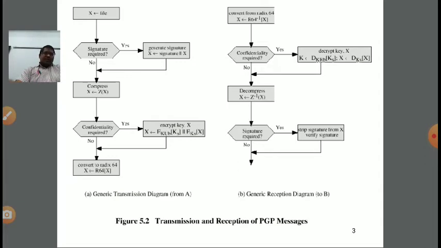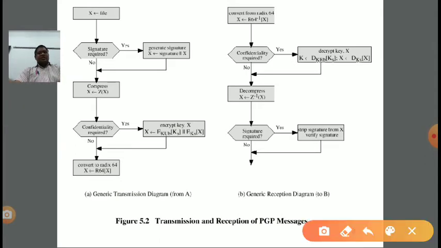Now come to the receiver side. So the receiver is getting the message in Radix 64 format. So again we need to convert, just remove this Radix 64 conversion in order to get the original message. Clear? So we use the inverse Radix 64 technique in order to get the original message.